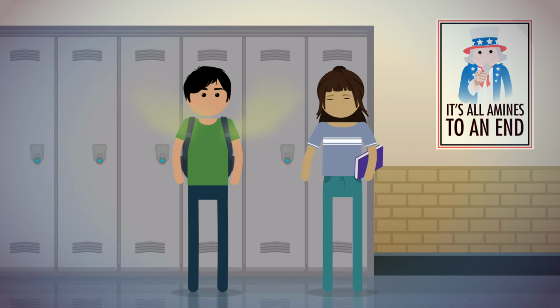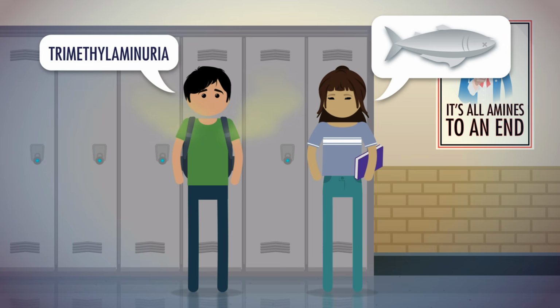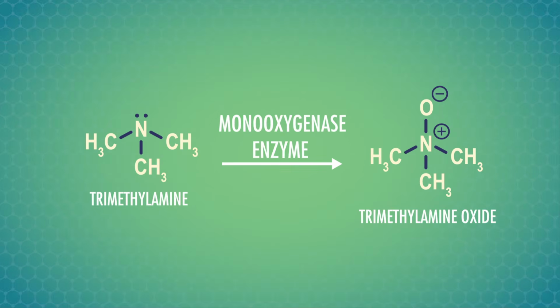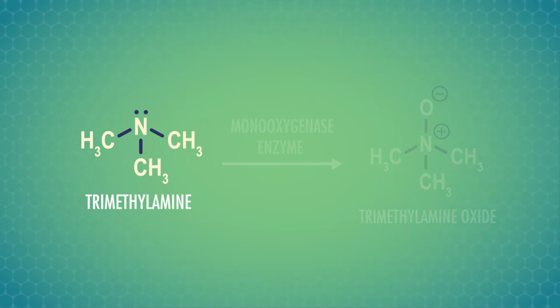Hi, I'm Deboki Chakravarti, and welcome to Crash Course Organic Chemistry. We all smell bad from time to time, like after a workout, but imagine if your body odor smelled like fish all the time. This unpleasant sounding scenario is a reality for people with a rare genetic disorder known as trimethylaminuria. Their bodies can't produce the enzyme that oxidizes trimethylamine, so it builds up and is excreted through their sweat,